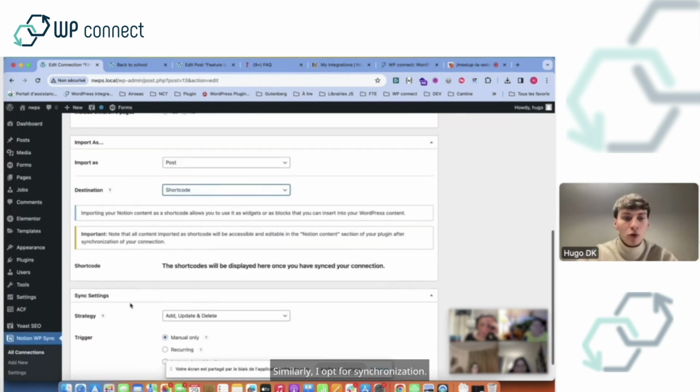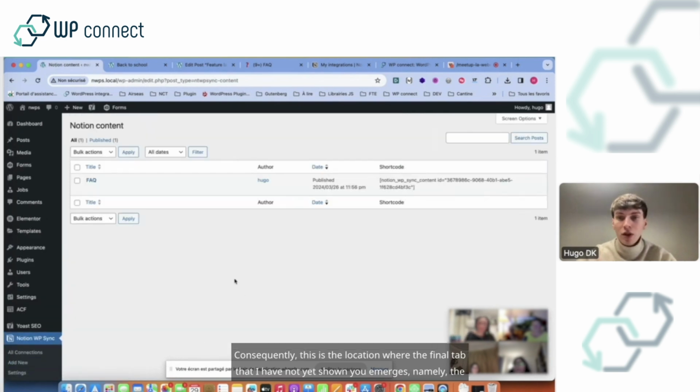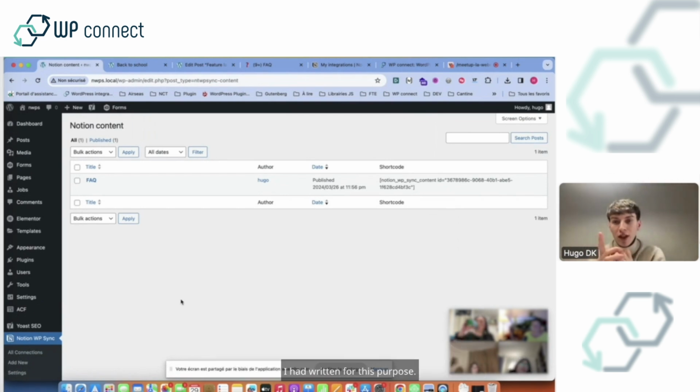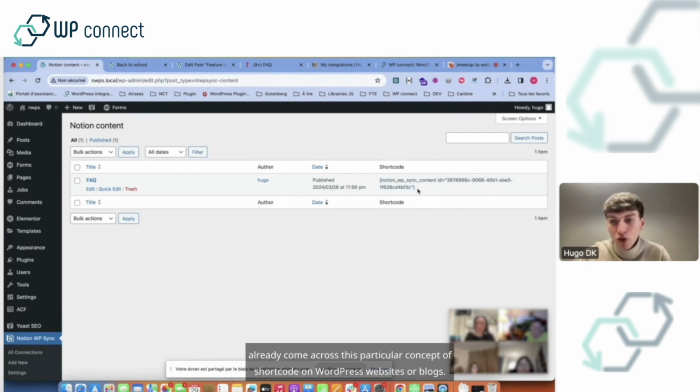Similarly, I opt for synchronization. Consequently, this is the location where the final tab that I have not yet shown you emerges, namely the Notion content. Upon completing the synchronization just before, I proceeded to sync the FAQ using a small piece of code that I had written for this purpose. For individuals who are accustomed to utilizing WordPress or even just developers, you have most likely already come across this particular concept of shortcode on WordPress websites or blogs,